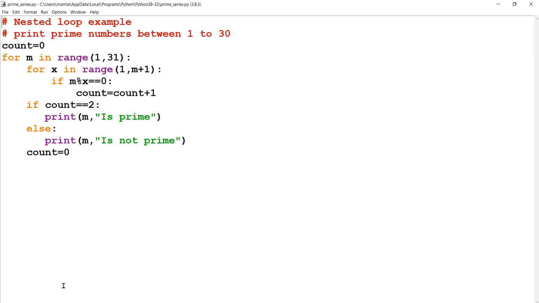For the basic component, the basic logic, we are using one loop. And assume that basic logic is to be repeated for n number of times. So obviously for the basic logic one loop, and because the basic logic is to be repeated n times, another loop. So there also we can use nested loop.